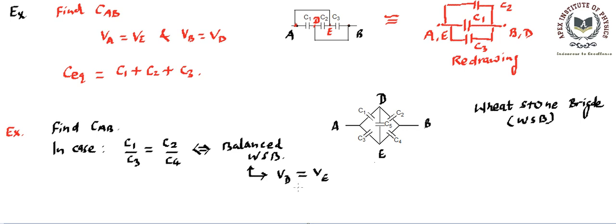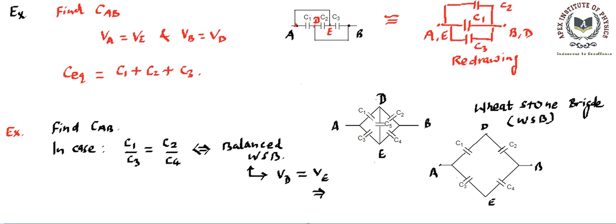Now the benefit of achieving this condition is very useful. If we achieve this condition, that means we can say the potential across C5 is 0, or the potential difference across C5 is 0. So the charge on C5 will always be 0. That means C5 will never store any charge. If a capacitor is not storing any charge in a circuit, it does not play any role in it. That means we can remove that C5 out of the circuit. So C5 will not play any role in that circuit.